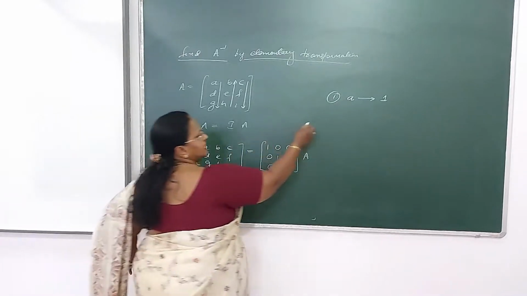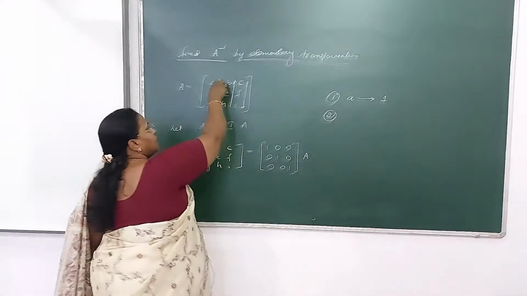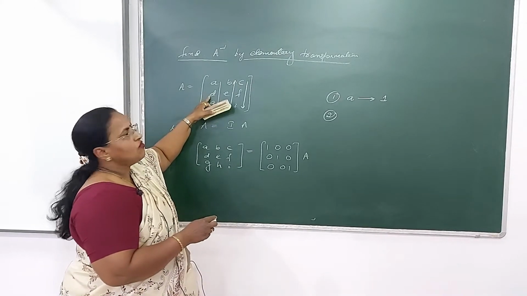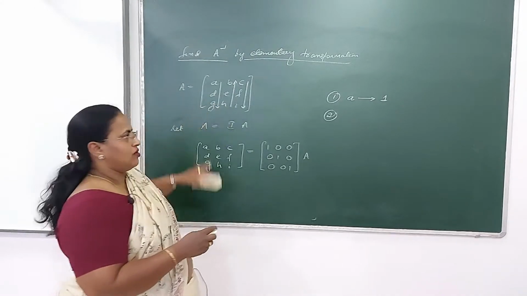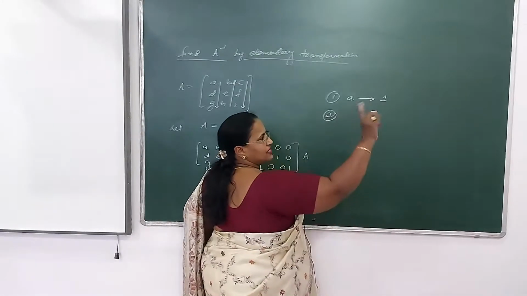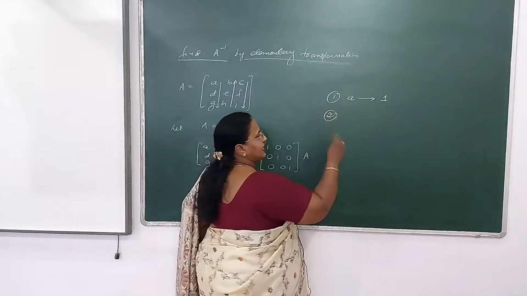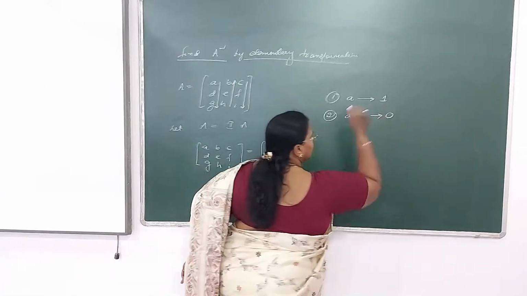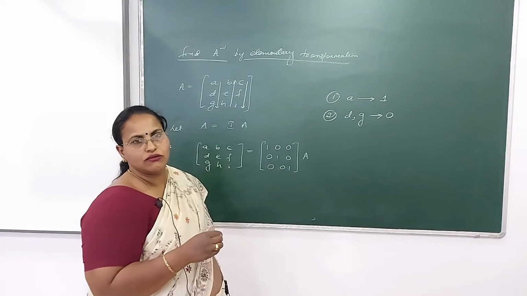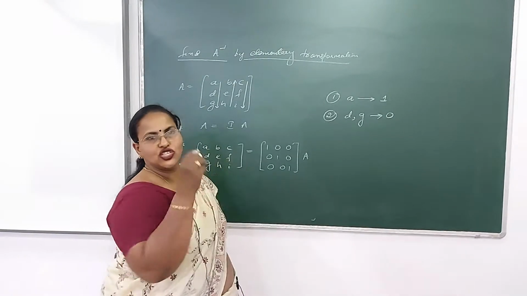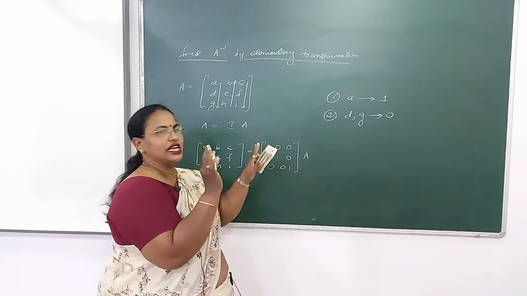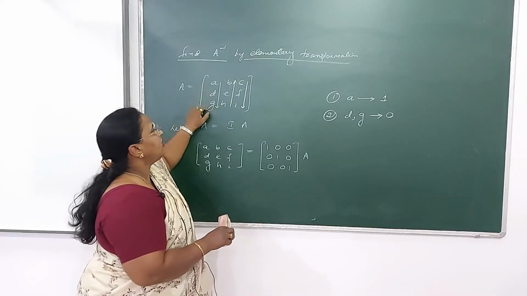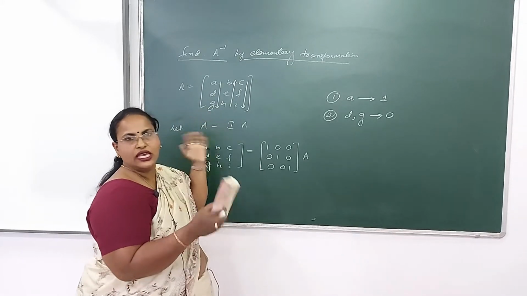Now moving to the second step, see this arrow. The second step will be converting D and G to 0. That means in this step only these two elements will be made 0. We'll be trying to get these two positions as 0, D equal to 0 and G equal to 0. Now this step is very easy. Once you get the diagonal element 1, the non-diagonal elements can be made 0 very easily.